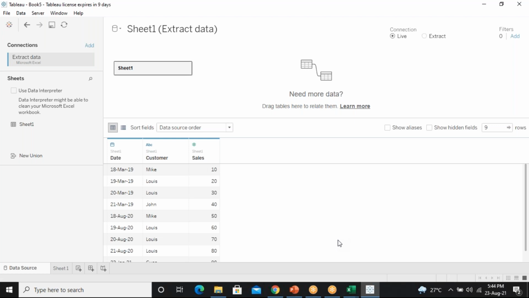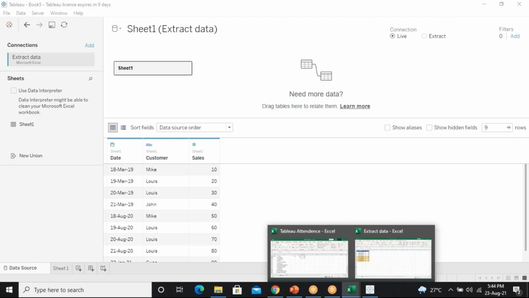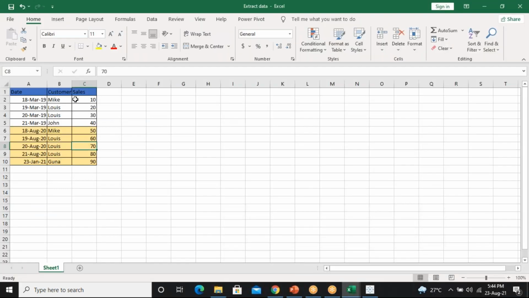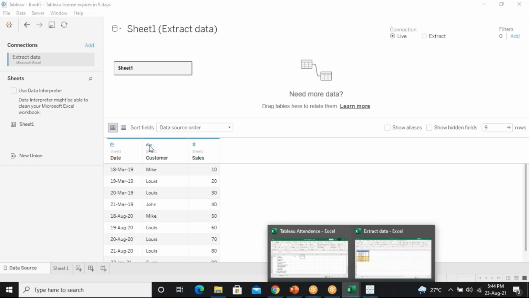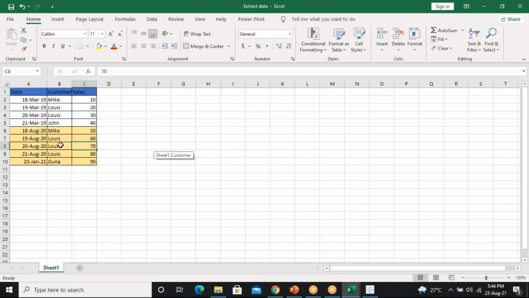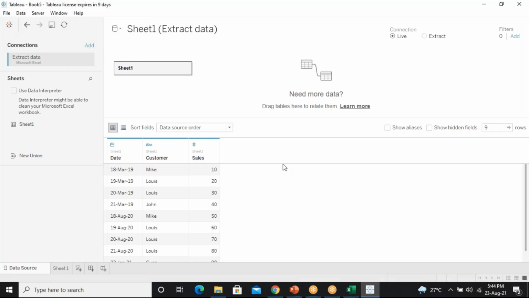Now what I told previously about live and extract, we are going to do it now. Live is nothing but Tableau is connected to that data set which is in the server. So when I make changes in this place, it will be automatically updated here also.